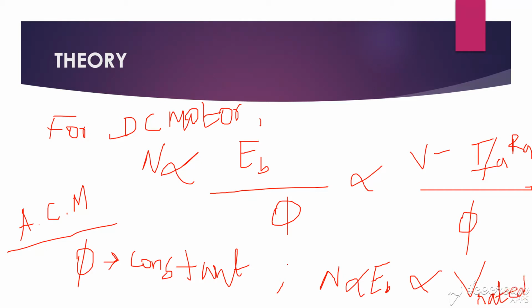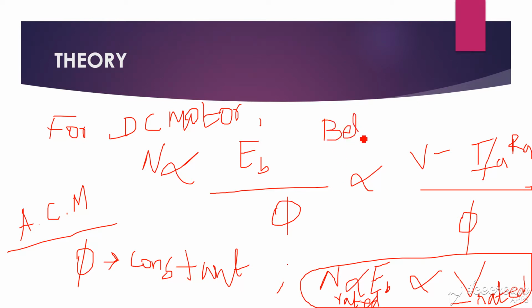Now we apply the rated voltage to the DC motor, and with respect to some field, we get the rated speed. Further, we can't increase the voltage, because we have already applied the rated voltage. After that, we can only reduce the voltage. While reducing the voltage, speed reduces. So from this concept, by this method, speed control below rated speed is possible. That is very important.